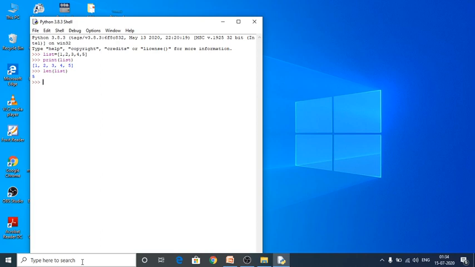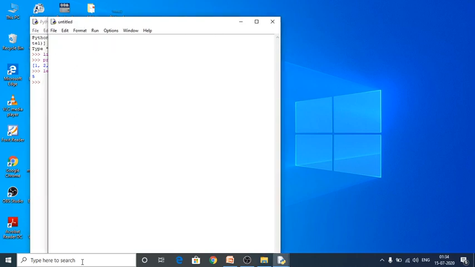And next one is accessing elements using a for loop. Now I'm going to create a new untitled Python interpreter. Here I'm going to give list is equal to 1, 2, 3, 4, 5, and here I'm going to use a for loop.